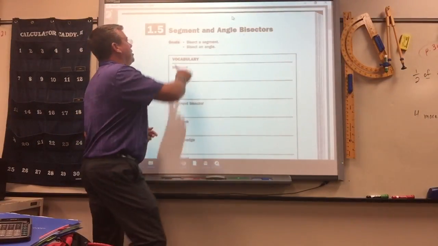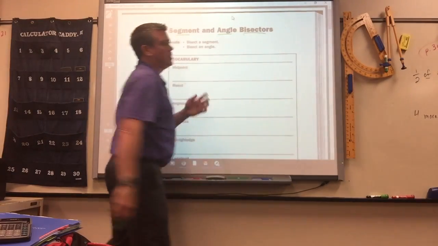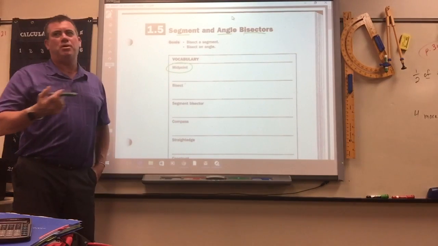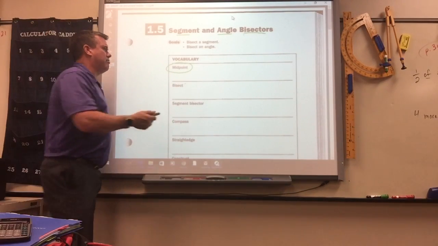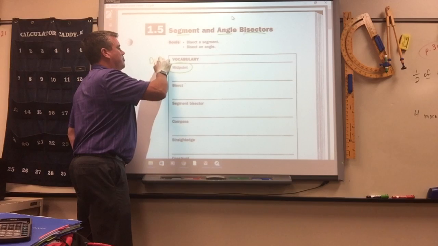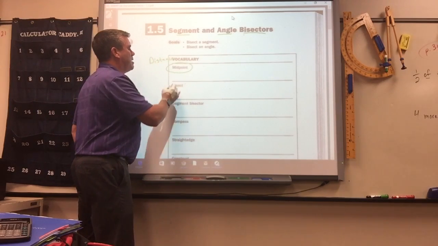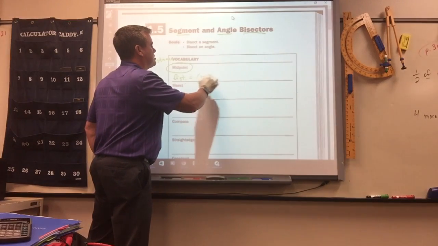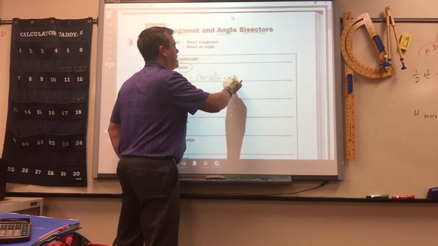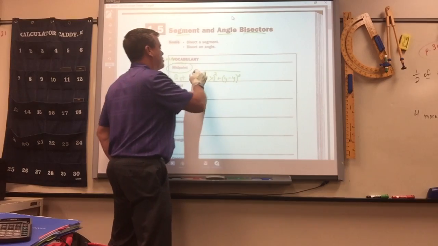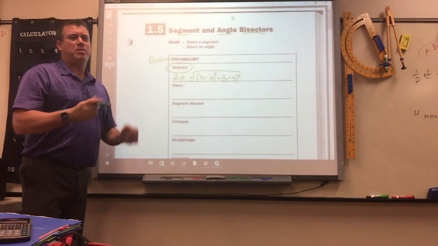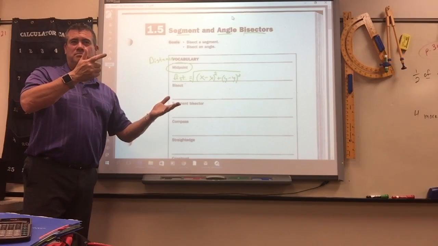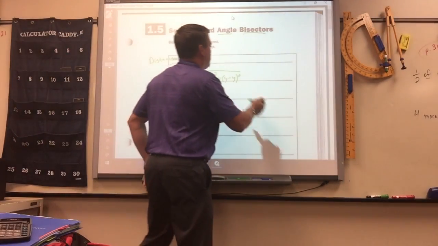Segment and angle bisectors. First of all, midpoint and distance kind of go together. Remember, distance is x minus x squared plus y minus y squared, and then square rooted. The midpoint is the point that's in between the two endpoints. To find a midpoint,